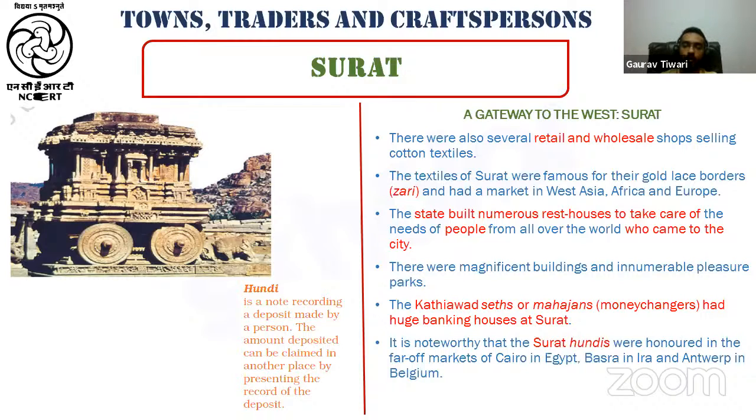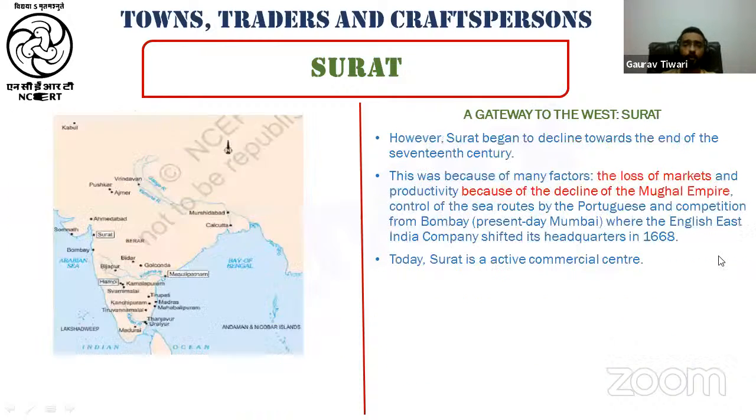Now you can go to Cairo, give this hundi to another money exchanger, and you can get the 10,000 rupees at a far off place, that is in Cairo or in Antwerp, Belgium. So now you understand what these hundis are. They are the bill of exchange. See, वो लोग कैश इसलिए ही नहीं लेके घुमा करते थे कि लूटपाट का डर तो तब भी था जैसे आज है. Today also we do not carry as much cash. So at that time also this thinking was prevalent and people carried these bills of exchange instead of carrying cash. So let's move forward now.